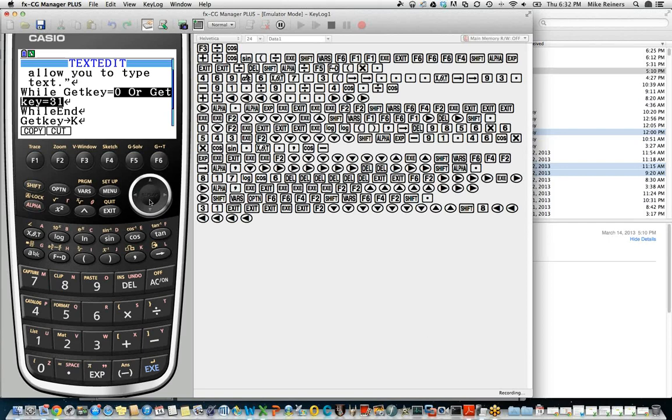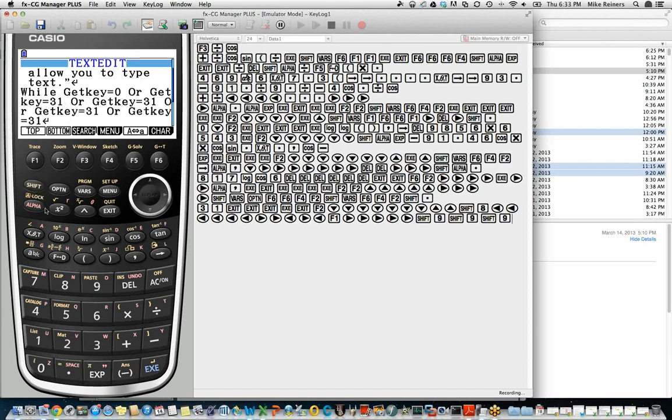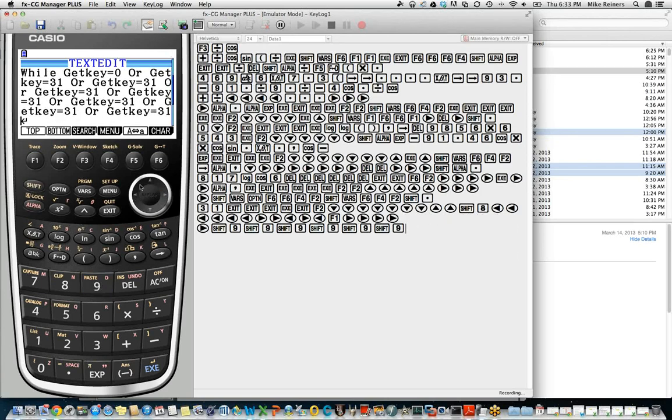And now I'm going to scroll back here. And you notice that it doesn't always scroll one character at a time. The reason it's jumping over that word OR is the word OR is a command, and it knows that it needs to capture the whole thing. It can't just grab the R or the O because this is not text. This is a block command. So I'm going to grab this OR get key equals 31, and I'm going to press F1 to copy that. And then I'm going to go to the end of my line and press Shift and the number 9 to paste. And I'm going to do that a few times. This might look like a lot of OR statements, but we need them. We have lots of keys that we need to exclude.